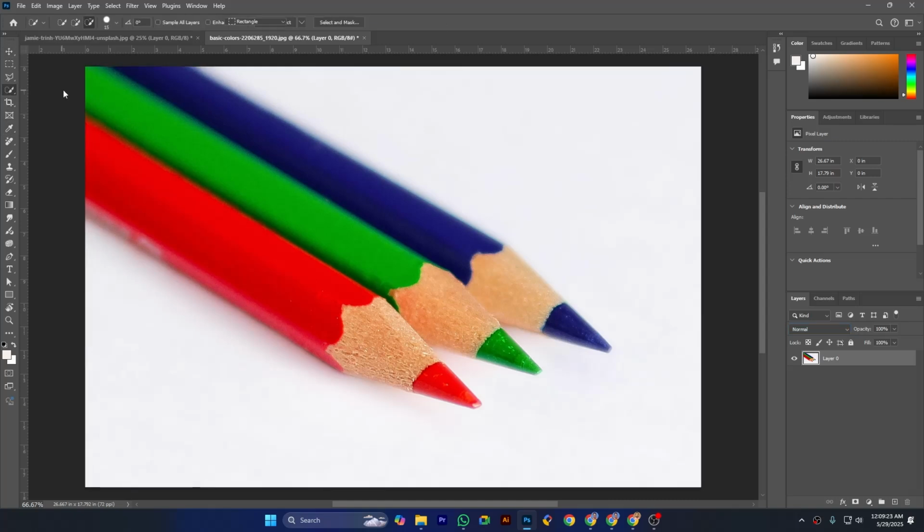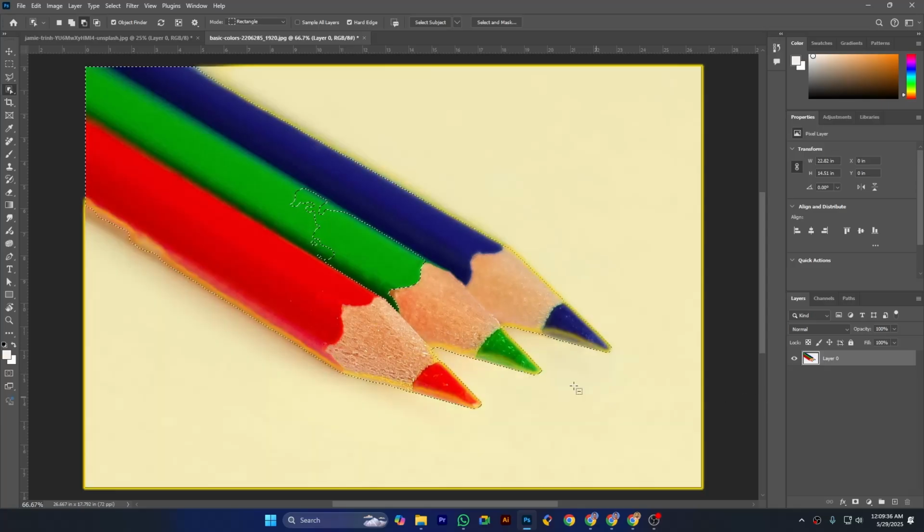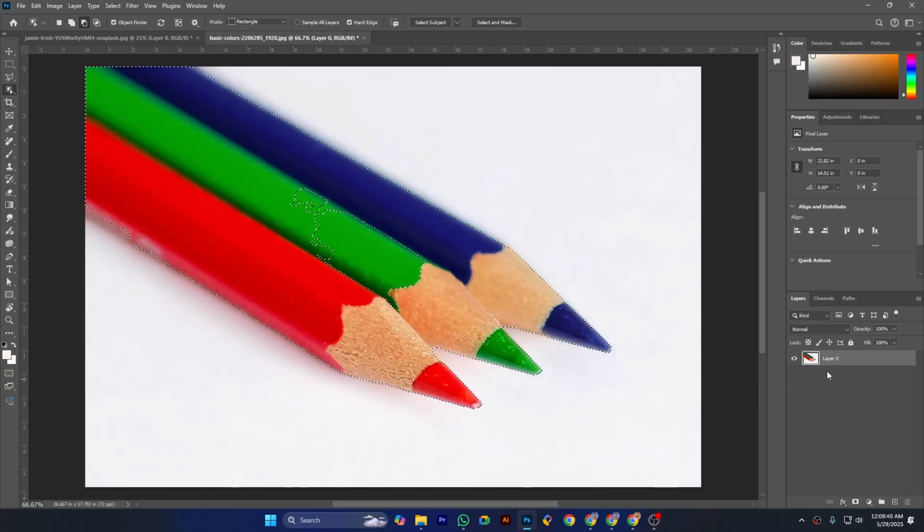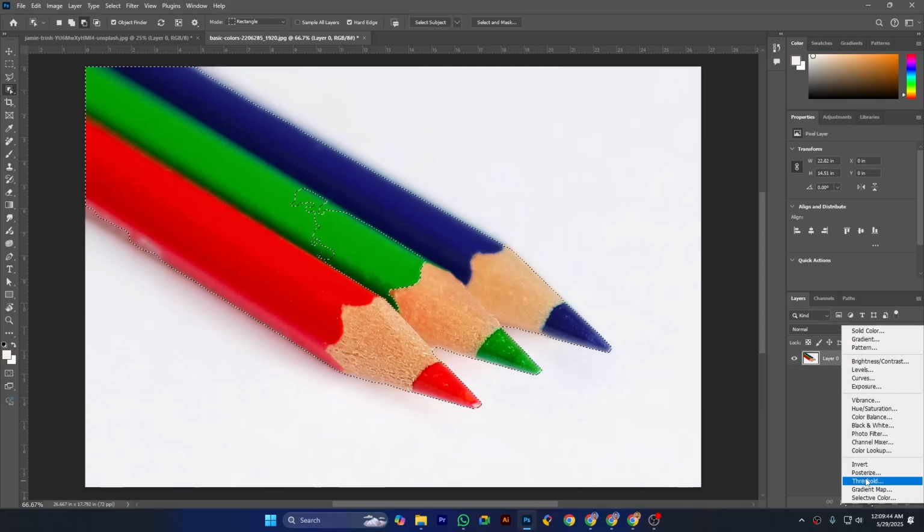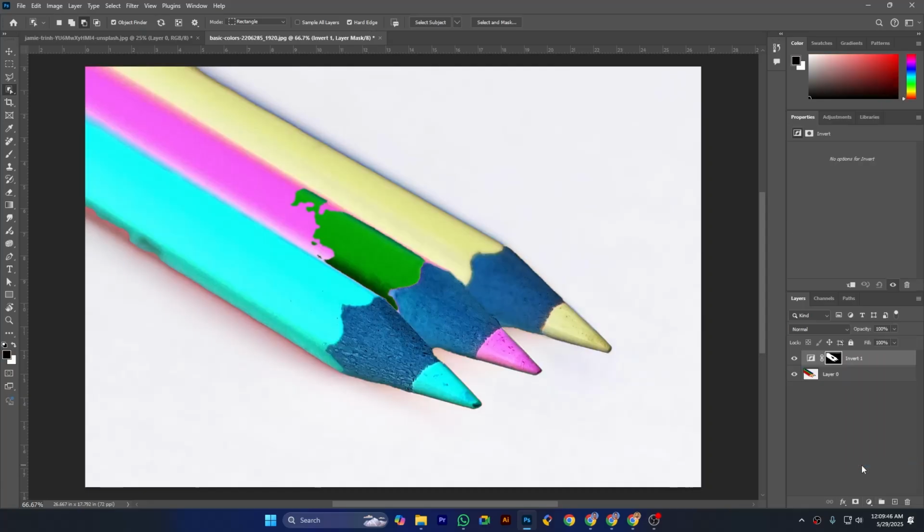I am deleting it, and now I am selecting the subject from here with the object selection tool, and select subject. After selecting that, you can see it is not properly selected, but I am continuing with it. So after selecting that, I can easily take this adjustment layer, and you can see that